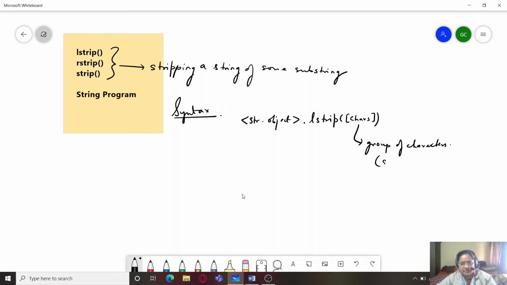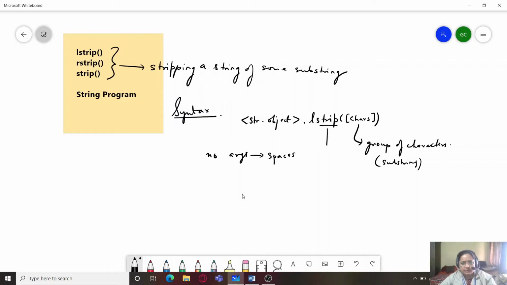That means it can be a substring consisting of one or more characters. If no arguments are provided, it will only strip the string of spaces, that is, it will only remove spaces from the string.